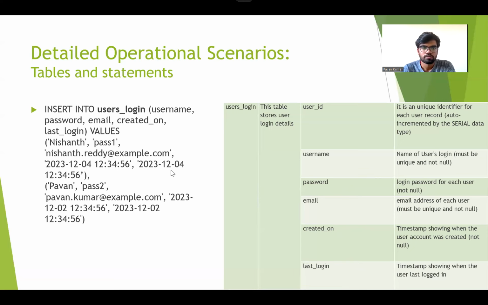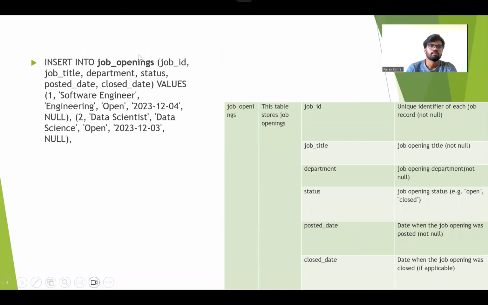And the next table, so here we have the job openings table, and these are the columns in the job openings table: the job ID, which is a unique identifier for the job, the job title, the title of the job, the department in which the job is held, and the status of the job, whether it is open or closed, the posted date, when the job opening was posted, and the closed date, when the job opening was closed. So each and every table shows different columns with different info, and